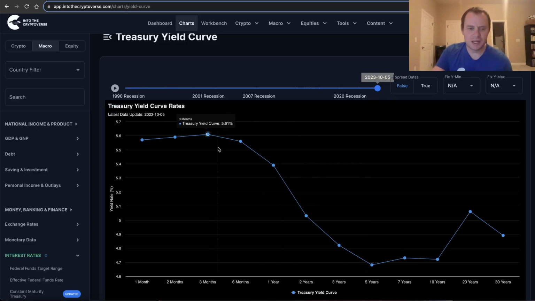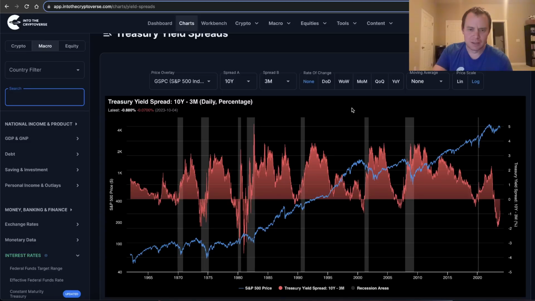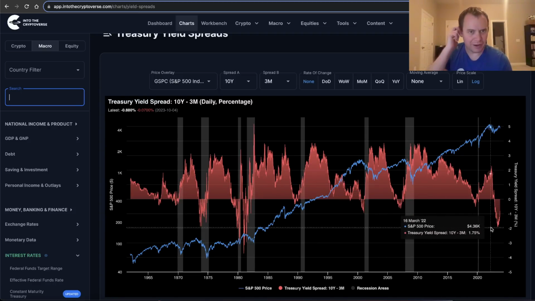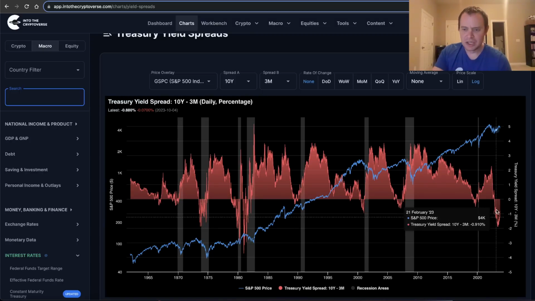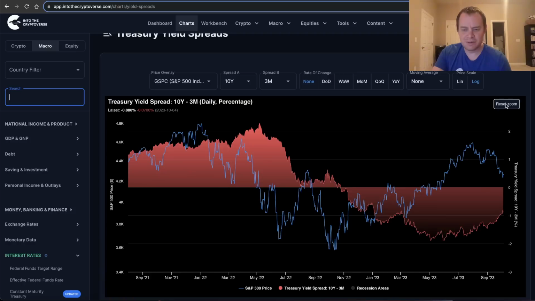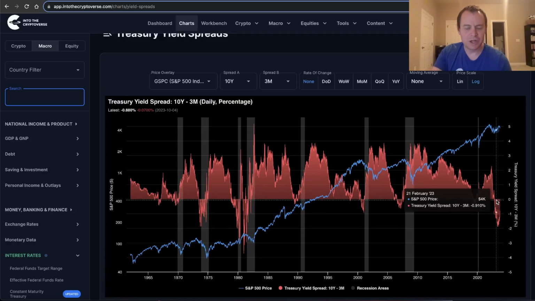But when you look at the spread between the 3-month and the 10-year, this is what it looks like. And this goes all the way back to 1962. So you can look at periods where we had an inverted yield curve, right? And we're going to talk about the track record here of the 3-month and the 10-year yield. Right now, you can see that it's inverted. And why do we know it's inverted? It's because it's below zero. When it goes below zero, it means the short end of the curve is offering a higher yield than the long end of the curve you're comparing it to, right?